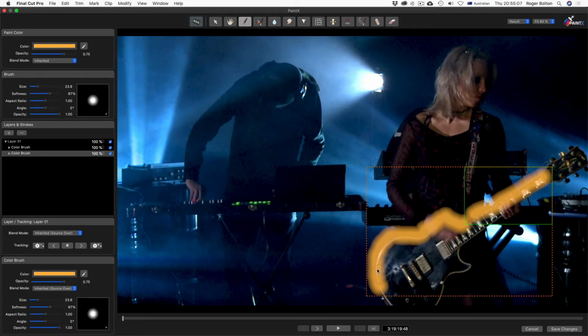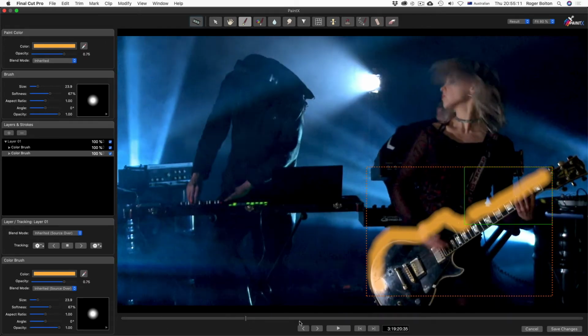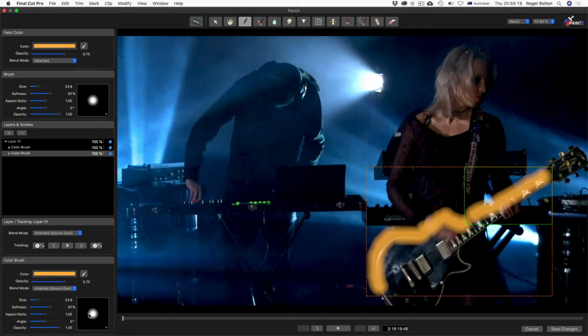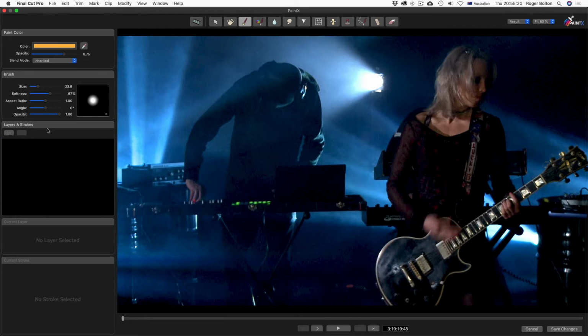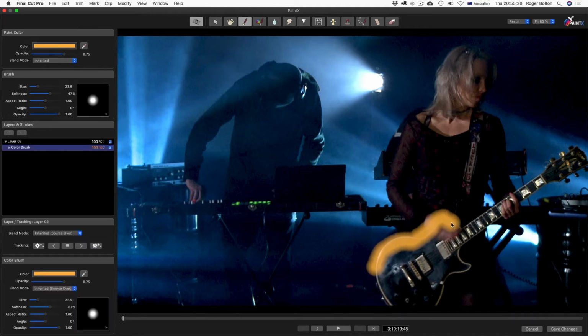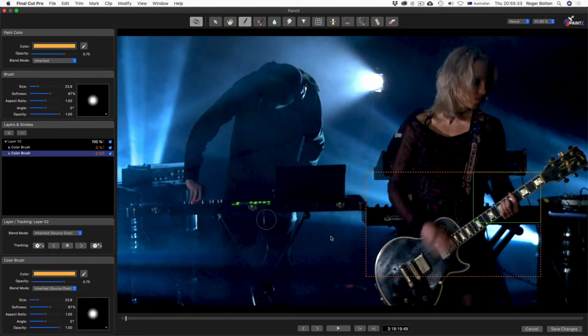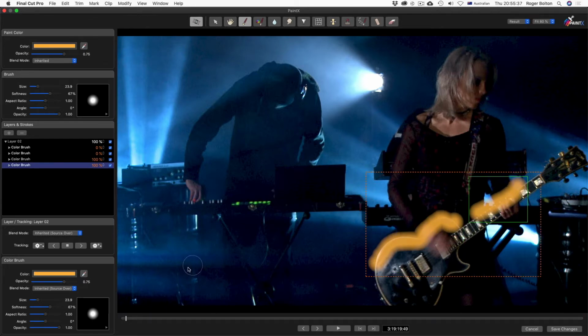Now you'll see this stroke is across the entire frame, the entire shot. That's generally what you want if you're tracking a stroke. In this case, we just want strokes on a single frame. You have to click this icon here to change to single frame painting mode. Now when I do a couple of strokes like this, you'll see when I go to the next frame, they're gone. So I can keep doing that to create a kind of